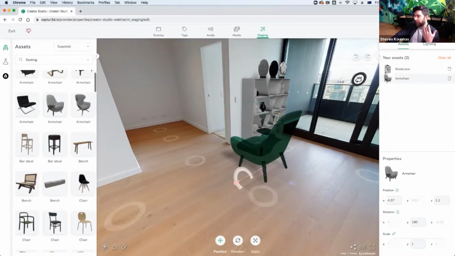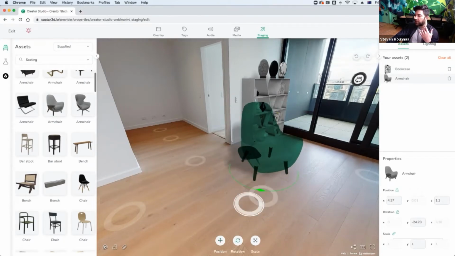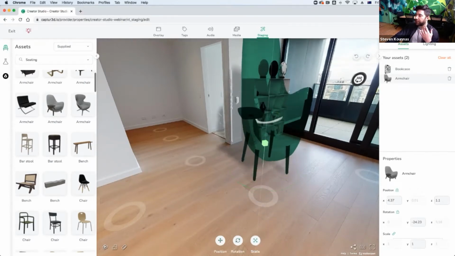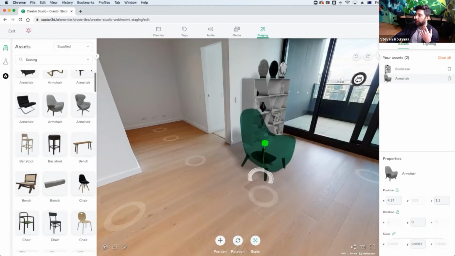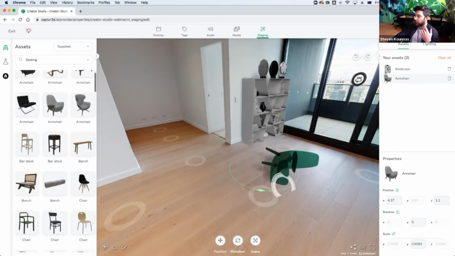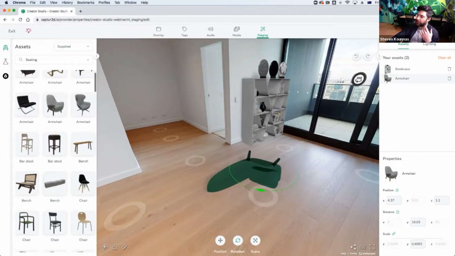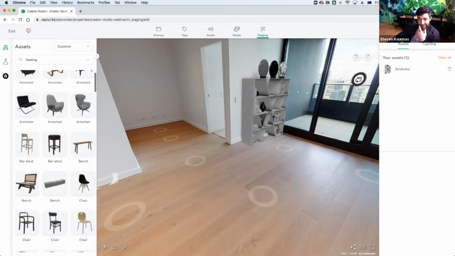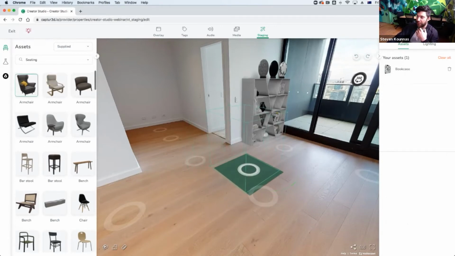So all the things that we're going through here, we've been through multiple times on different webinars, obviously moving it around. We can scale it, make it a big chair or a small chair, and everything in between as well. And moving it back and forth. And again, this is where these undo buttons come into play really nicely. And if you want to delete an asset, just click the delete button itself,